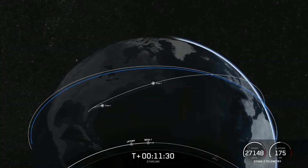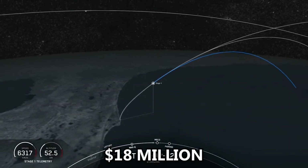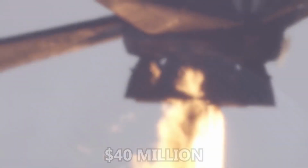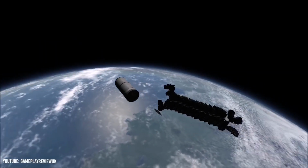With each Starlink mission, SpaceX launches roughly 60 Starlink satellites into space, meaning that each payload costs approximately $18 million. If we add this to the cost of launching the Falcon 9 itself, we get a price of $40 million per Starlink mission. However, simply manufacturing the satellites and launching them are not the only costs involved in setting up